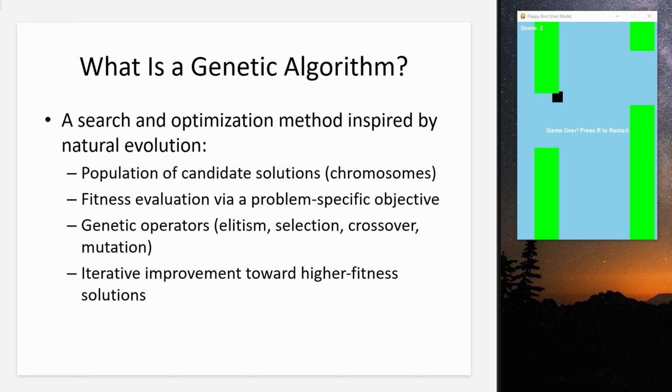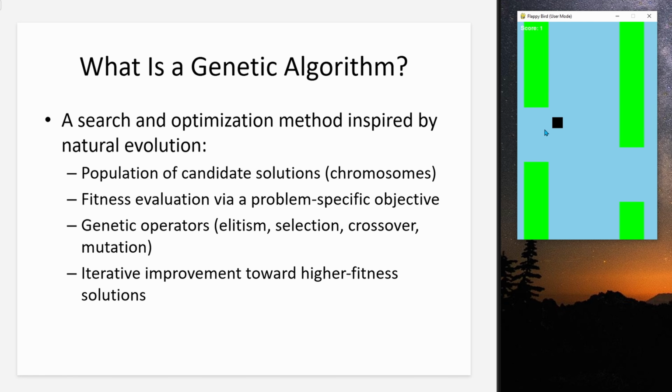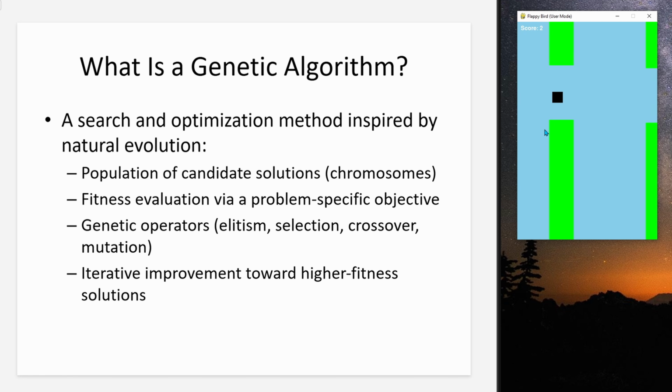When we apply this to Flappy Bird, I'm just going to give an example of playing this manually in user mode. This is a population of 1. My fitness function is getting the highest score. To get the highest score, you just get through as many pipes as you can without dying. When we apply genetic algorithms to this example, it's very simple because the objective is: press the space bar, don't hit the pipes. In this example, we're going to have about, I think, 50 to 200 of these birds